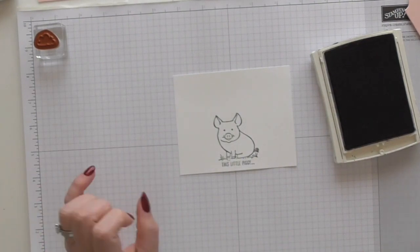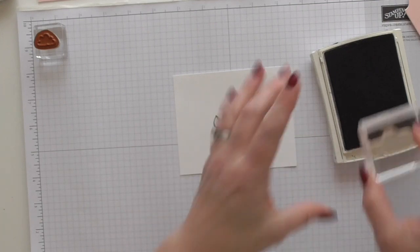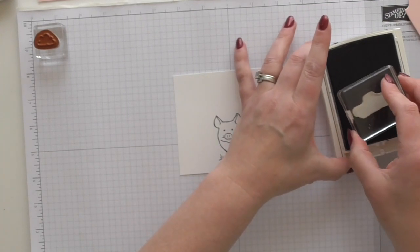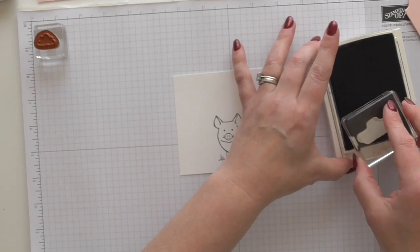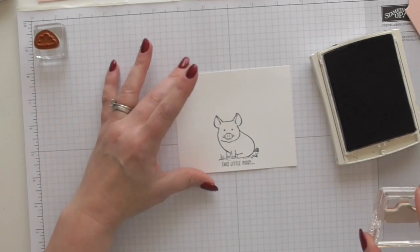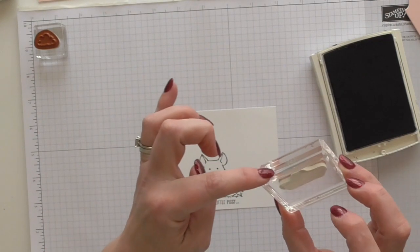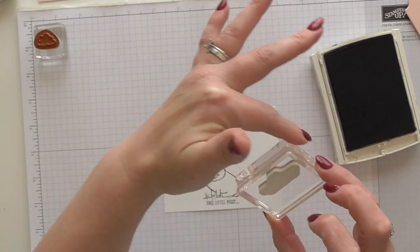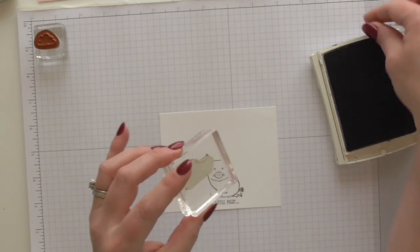So I can pop that to one side now. And now I'm coming in with my says thanks. So again, tap, tap, twist, tap, tap, gentle twist. It will just help get your ink in all of those details. Okay, I'm just going to bring it down. I'm lining it up in my grids, and then I'm going to line my block up with the edge, with the corner of that paper,